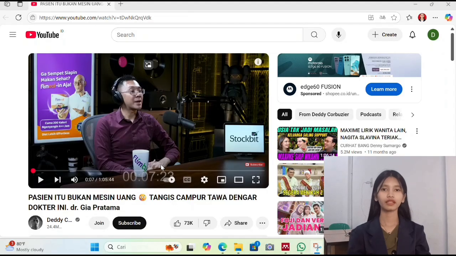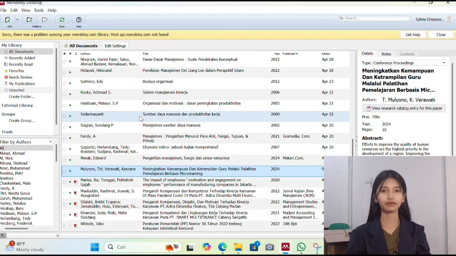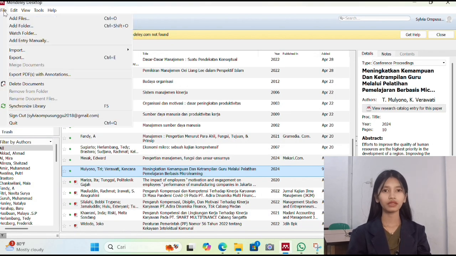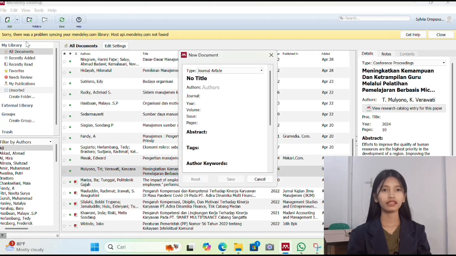The next is to cite YouTube with Mendeley. We can go to Mendeley, then File and click Entry manually. For YouTube, we have to choose Report in the type column.